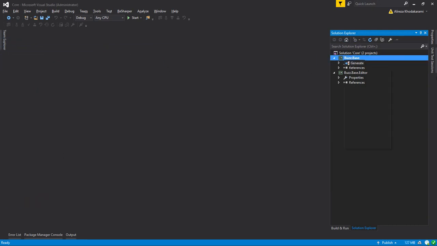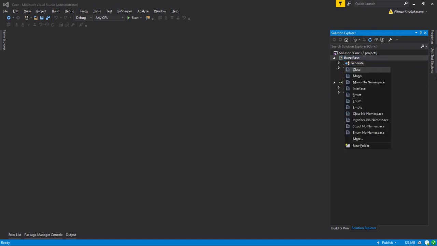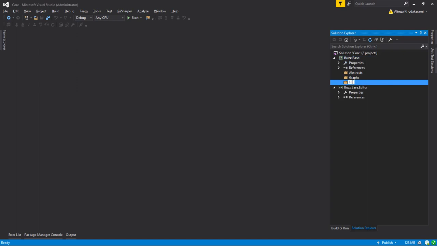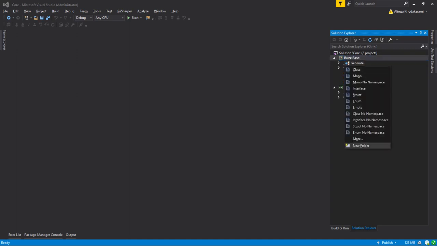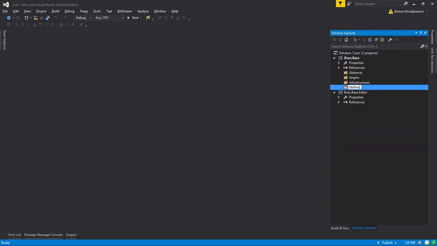So we will have a namespace for abstracts, another one for graphs, another one for infrastructures, such a name, another one for utilities, and that's it. Okay? Then I had all my enums in one file. I decided to break them. So enums. Now in abstract,